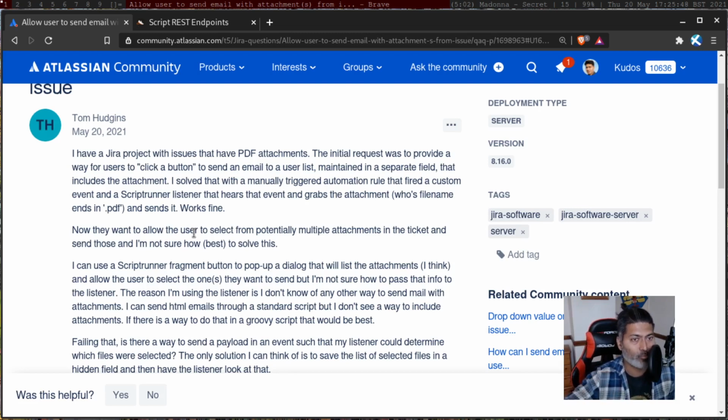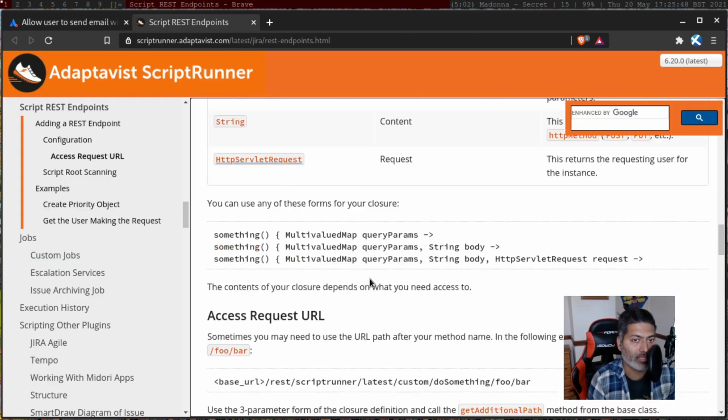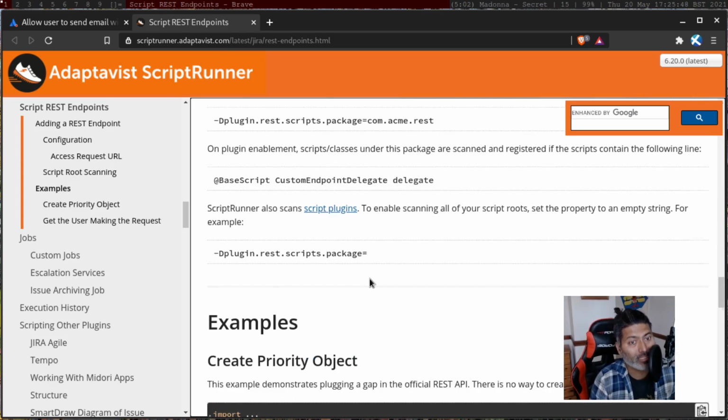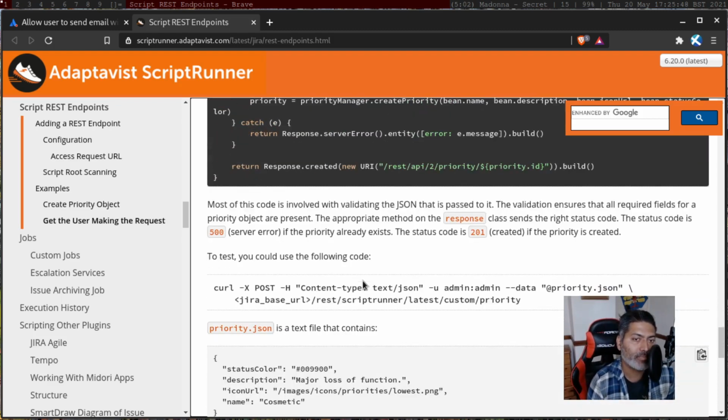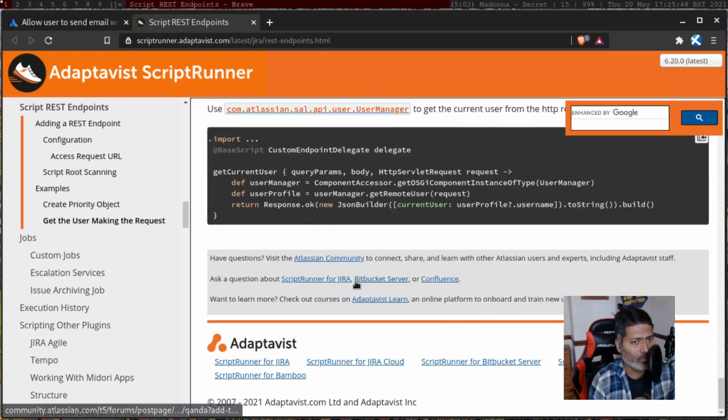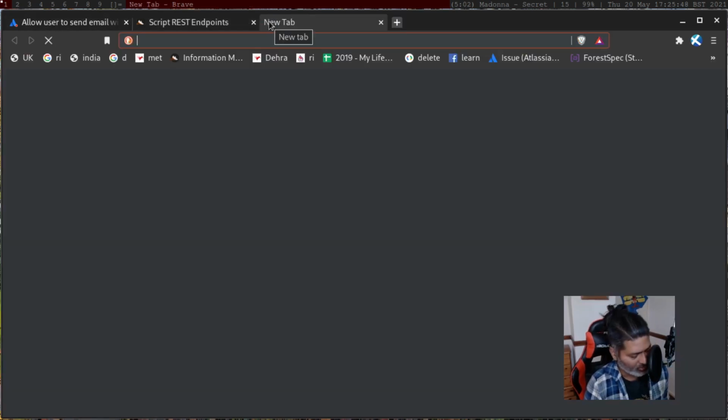So you will get this REST endpoint, and when you click on that particular button, like let us say that script fragment button, you can pass in the current issue's key to that endpoint, and when you call that script, you can use that issue key to look for that issue. Basically, you can pass those parameters if you want. And I have actually talked about this. I think I made a couple of videos, and I believe in one of the videos I also shared how